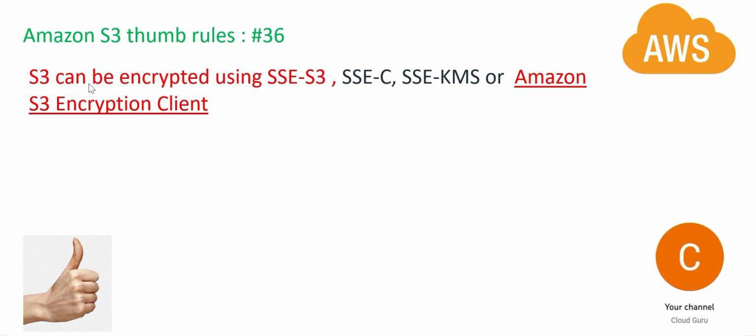Now SSE-S3: AWS manages the keys for you. They generate the key and manage it internally. You are not aware of it, they don't use KMS, it is done internally by AWS. Now SSE-C: suppose as a client you already have a system where you can generate the keys. You want to use the same system for key generation, you can do that very well. S3 can work with even those keys. You will have to link it up using SSE-C, and you as a client will be the owner of these keys. AWS has no responsibility there, but AWS will use those keys to provide encryption and decryption.